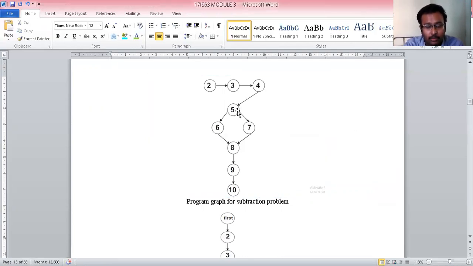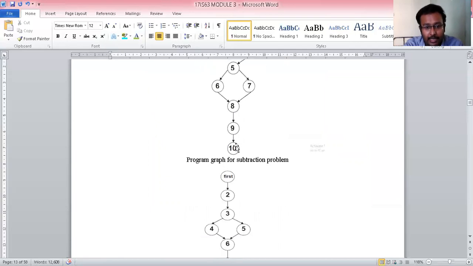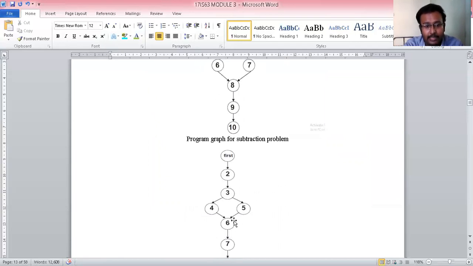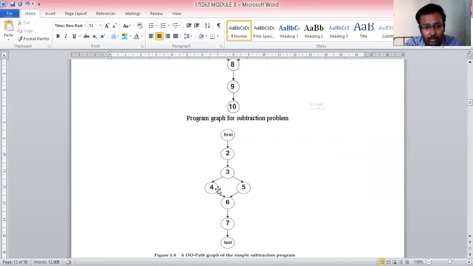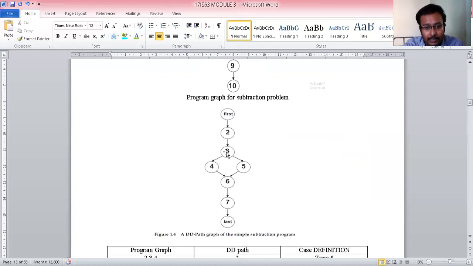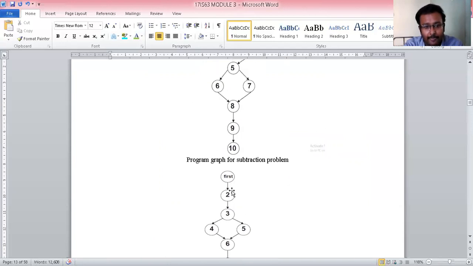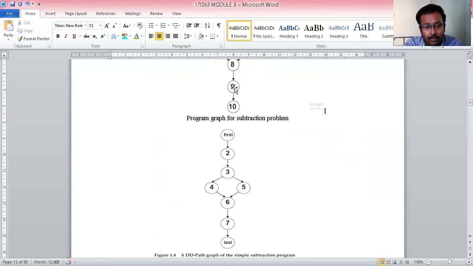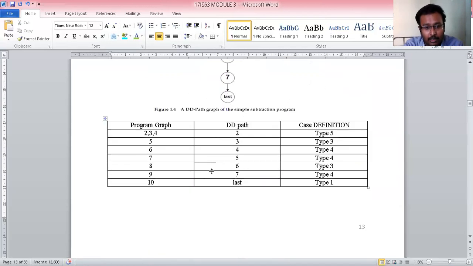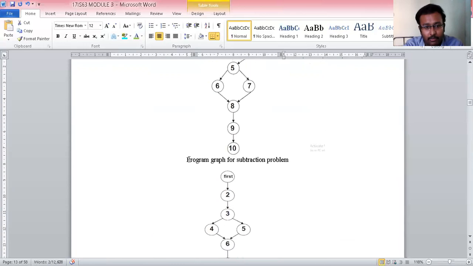So these nodes 5, 6, 8 and 5, 7, 8 I represent as they are in the definition to definition path, and I name them 3, 4, 6 and 3, 5, 6. Finally, node number 9 also belongs to type 4 because node 9 has an in degree of 1 and an out degree of 1.